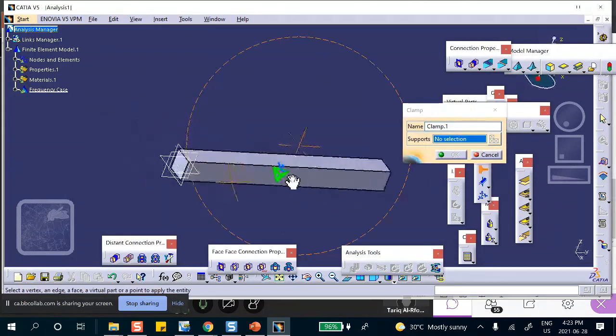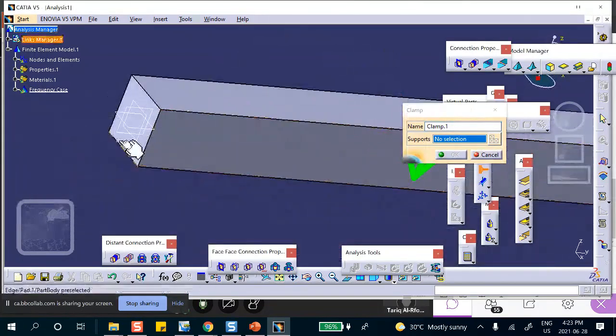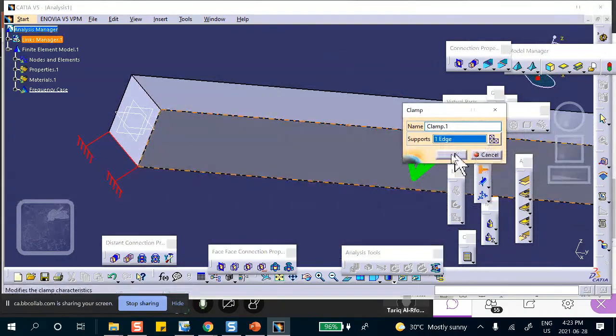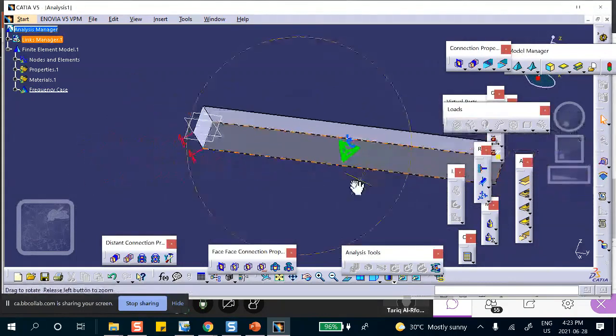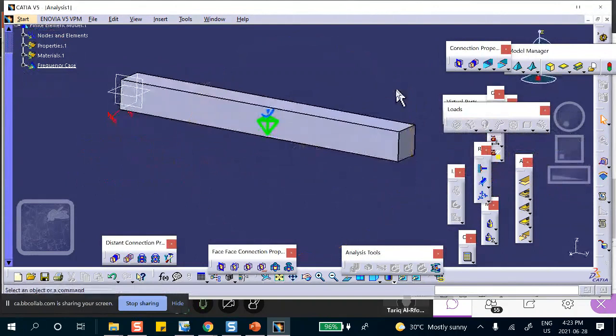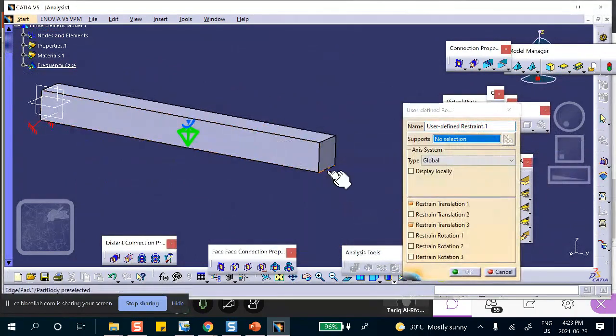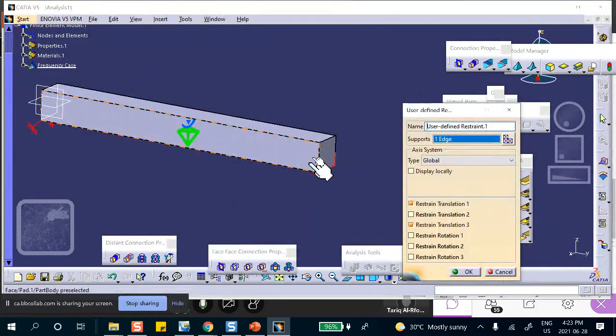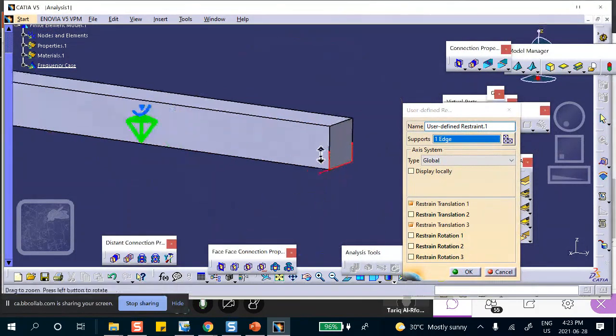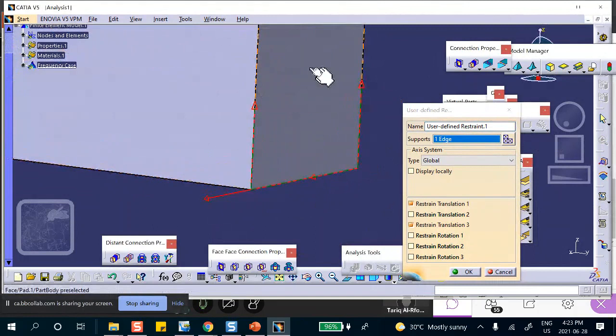Clamp right there, there, and this is what I did. I selected this edge. Does not move in the direction X, does not move up and down. See that? Does not move up and down.